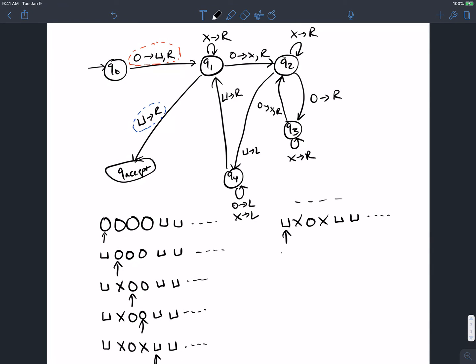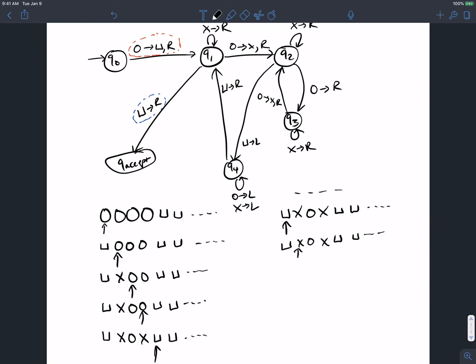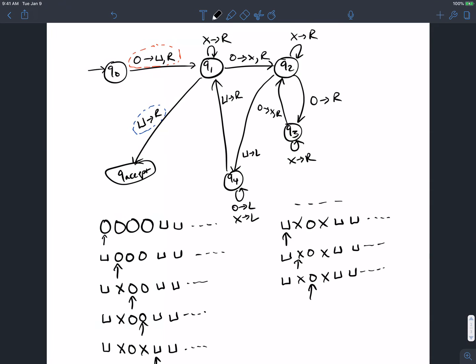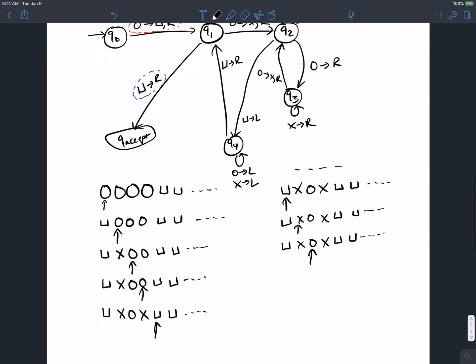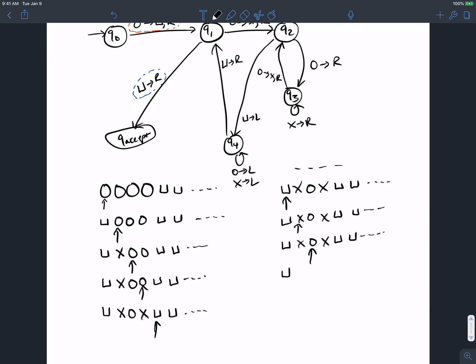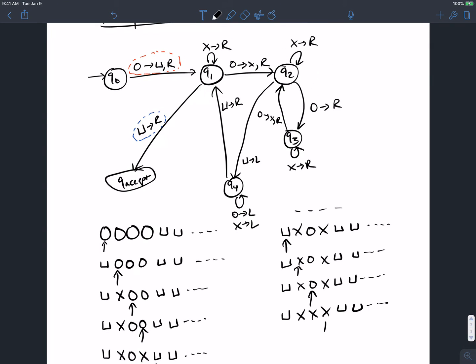So now we're in Q1, pointed at this X, the first X right here. So what transition do we take now? The self loop on Q1, yeah, and move right. So we have the same tape contents, and now we're pointed at the 0 here. And so now what happens? Yeah, I go right and mark with an X, so I have triple X here. And then I'm pointed at this point,